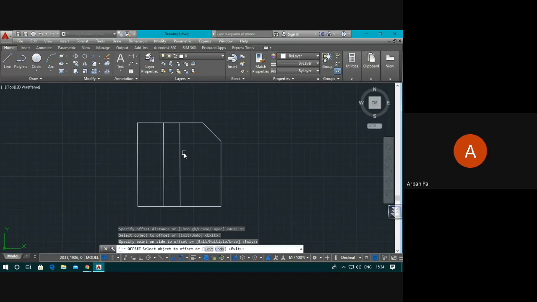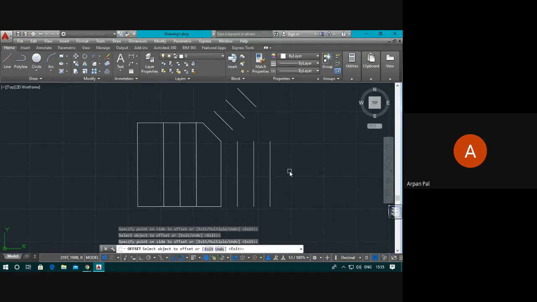So suppose if you take this one again, it will keep on giving 25 millimeter offset distance. If you take this line, then also it will give 25 millimeter. If you take this line, the distance has been fixed. Objects you can take different. So distance entry you can control from the first step of the offset command.